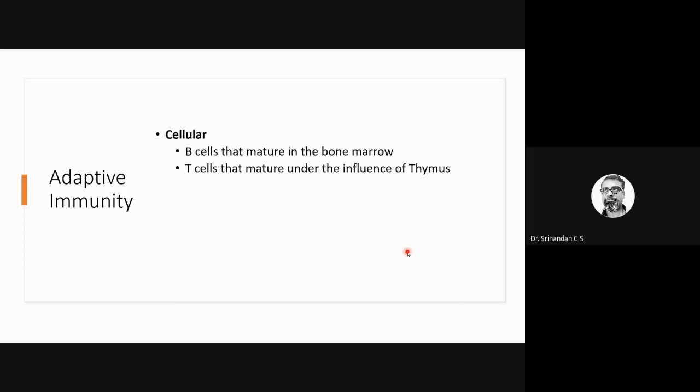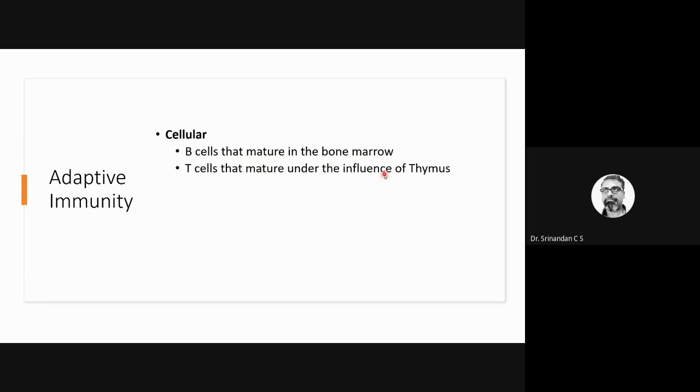And adaptive immunity, still you can actually categorize them into cellular, where the cells are involved, and there are two different kinds of cells. One is called the B cells, one is called the T cells. B cell, why it is called, is because they mature in the bone marrow. They are produced, both the T cells and B cells are generated. They are produced in the bone marrow, but maturation of the B cells will occur in the bone marrow, whereas